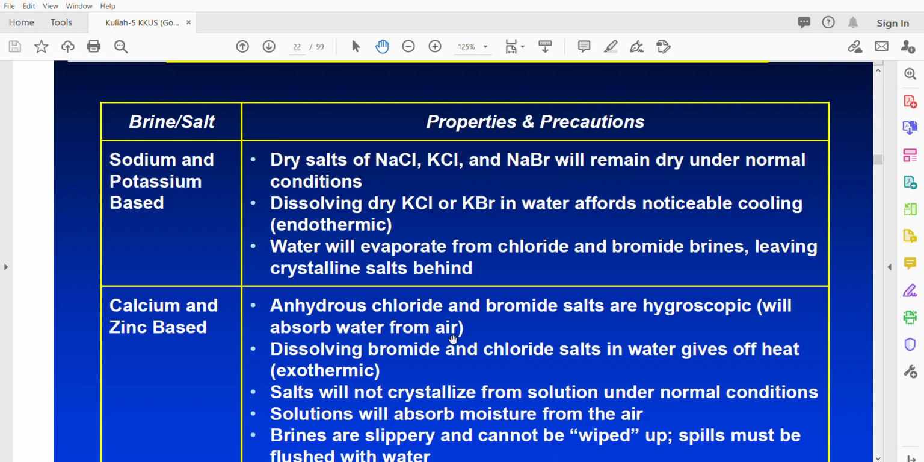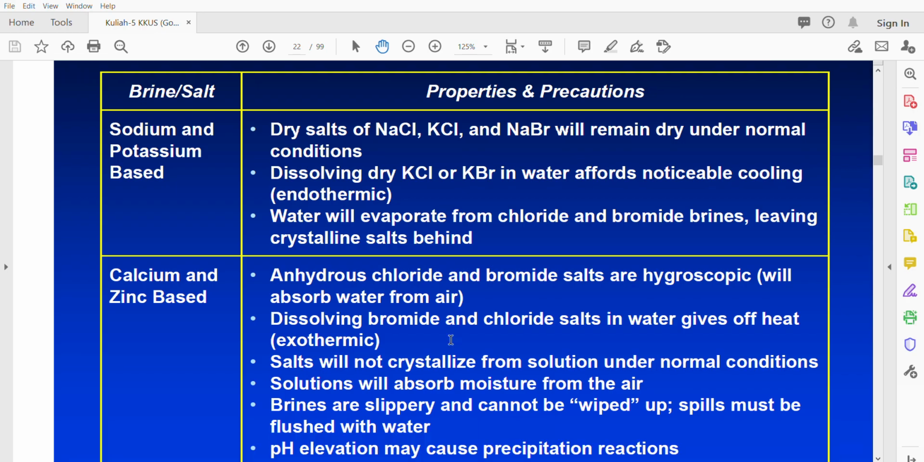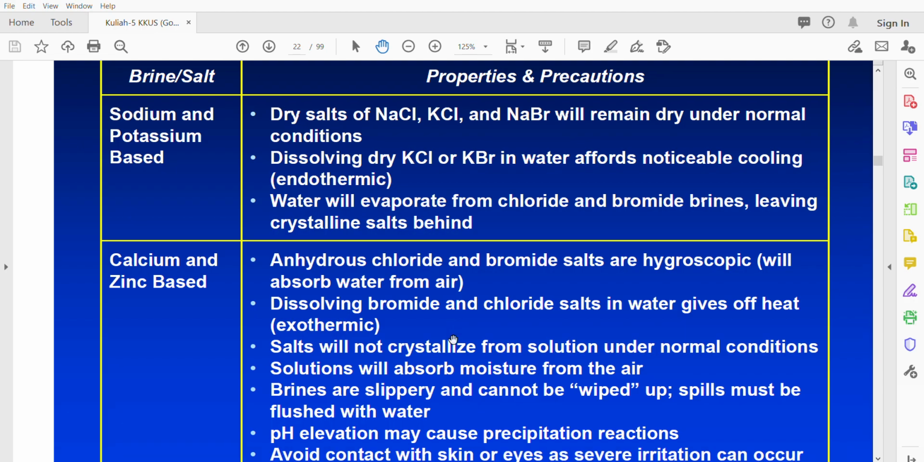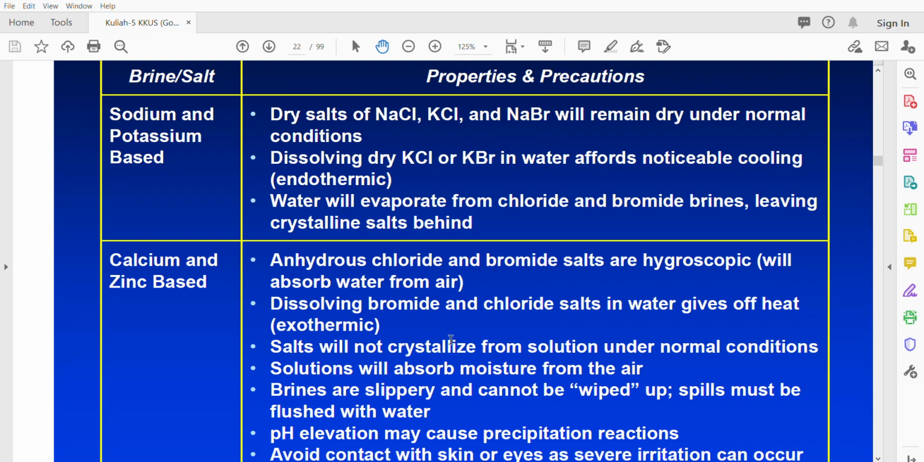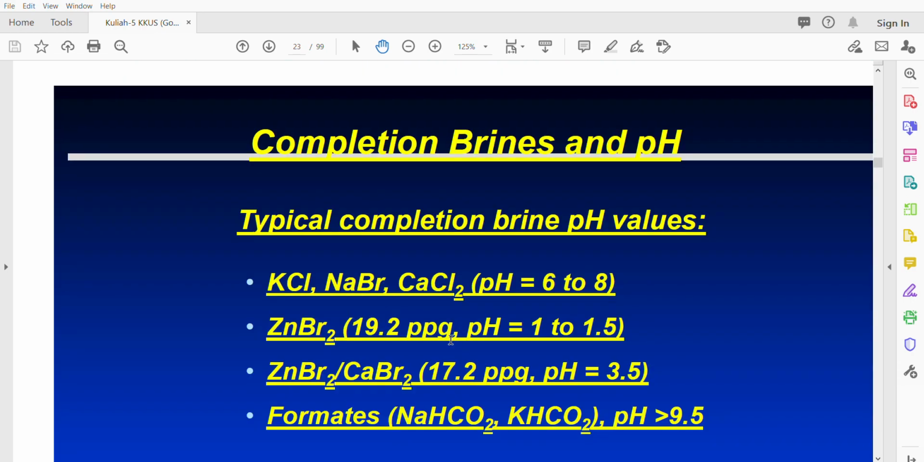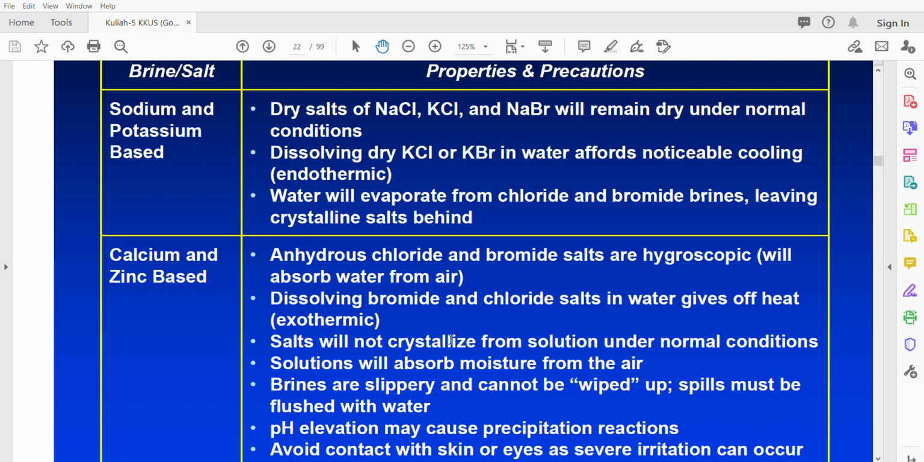Before we continue, later on I would like to give you references to read in order for you to understand more about this completion fluid. This is the property and precaution for each of the heavy and light brine, light completion fluid. So sodium and potassium based brine,